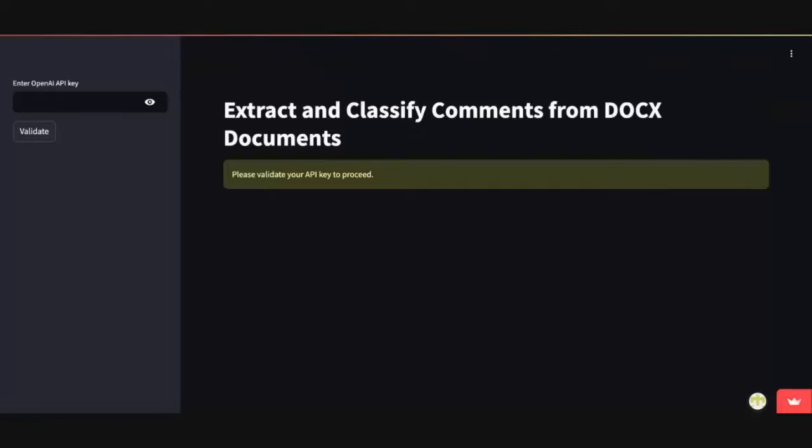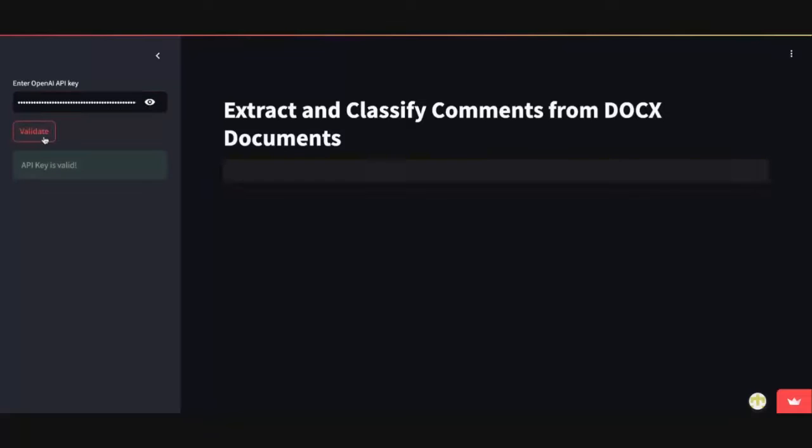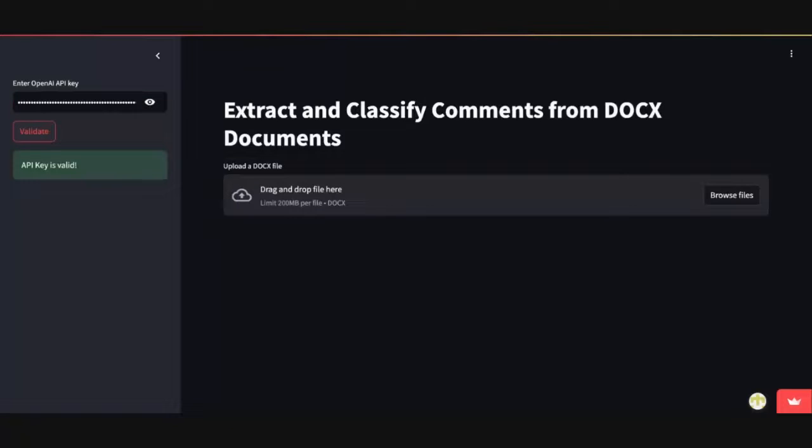The first thing is this application has been built on the OpenAI ChatGPT API key. Very similar to how we did Gemini, OpenAI also has a way to register for an API key. So first I need to put that in. So I'm validating it. Once I validate, I'll first demo this application and then I'll show you